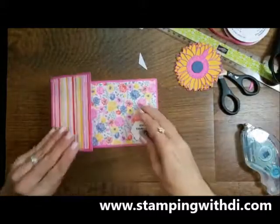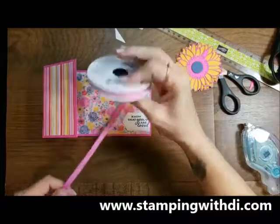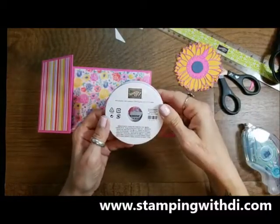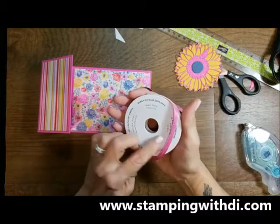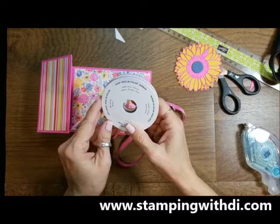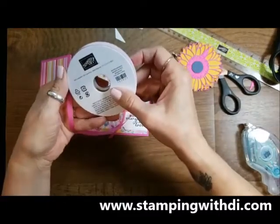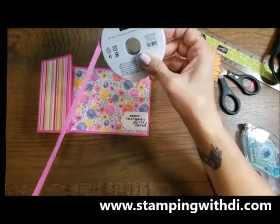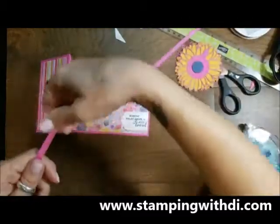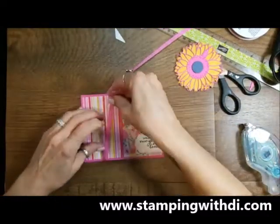Then I want to put a ribbon. Now this is the Magenta Madness. Oh my gosh, it is. Where's the English? Ribbon. I know it's ribbon, but it is. I can't remember. I thought I had a different name, but anyways, it's super cool. It's the in color ribbon, and I'm just going to put some here,